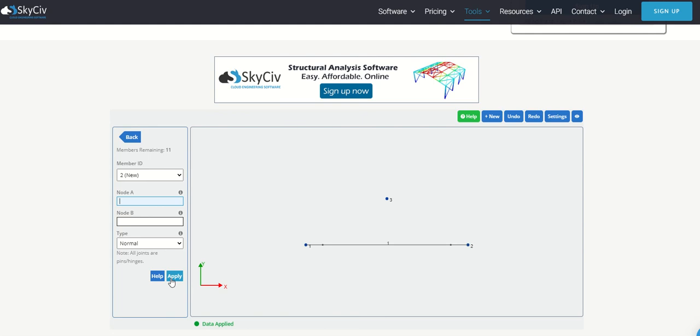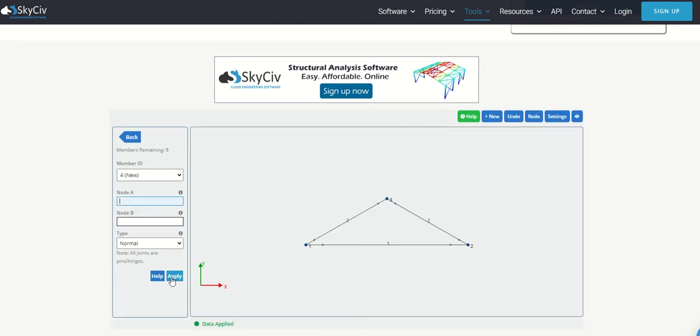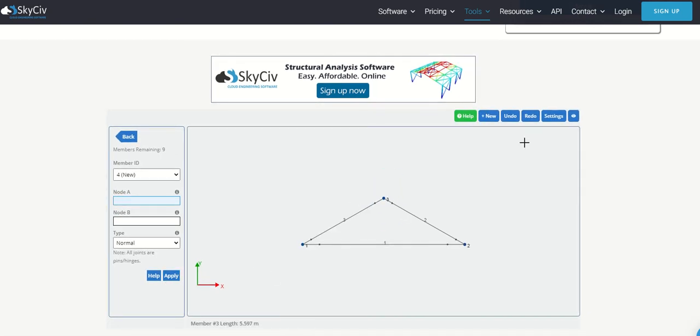All right, and I'm going to continue doing the same thing. I want my node A to be node 2, and my node B will be node 3. Apply. For my third member, node A will be 1 and node B will be 3. Apply. Okay, so I have my nodes connected with members, as you can see right here.